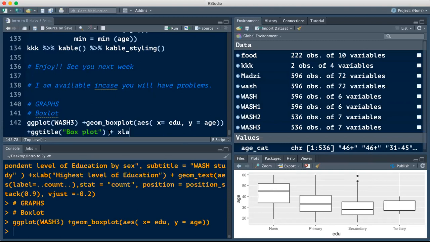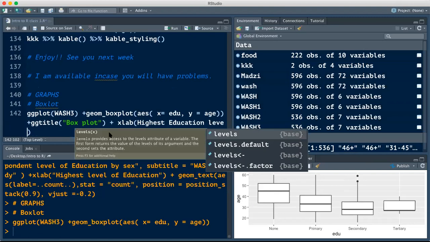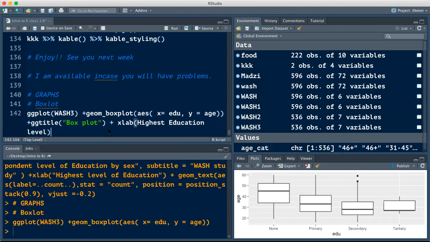So I'll say label x-axis, okay, to education, or maybe highest education level. And then similarly for y-axis, at least age, okay, but I can still also say label